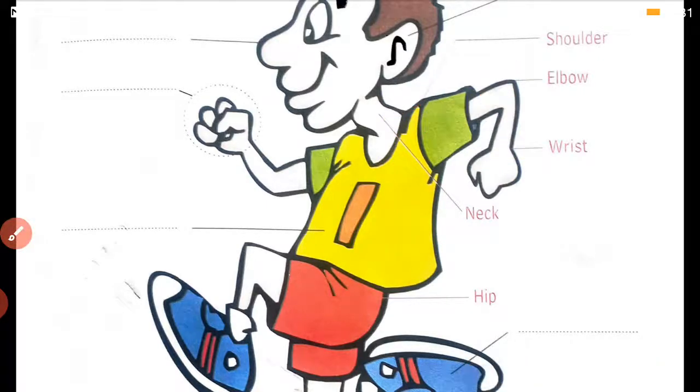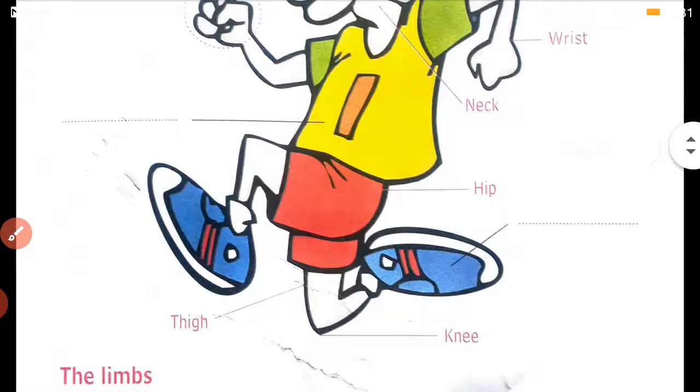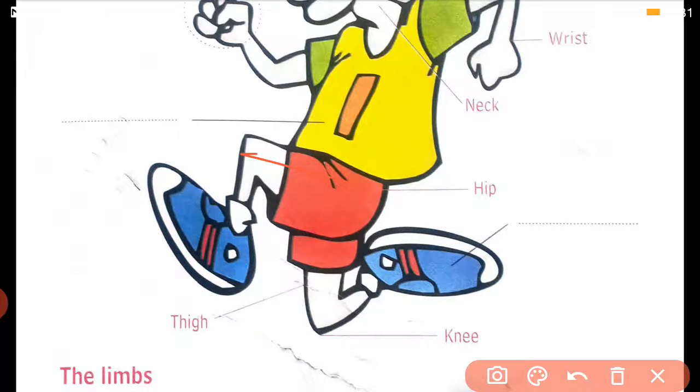Okay, now come to the leg. Leg, like the hand, also has two parts, one part of the leg and the second part of the leg. Okay, and both the parts are joined where? Here, knee, घुटने पे दोनों part पैर का जुड़ा हुआ है. The upper part of the leg is known as the thigh, and the whole of the leg is joined to the body at the hip. कमर में वो जुड़ा हुआ है.